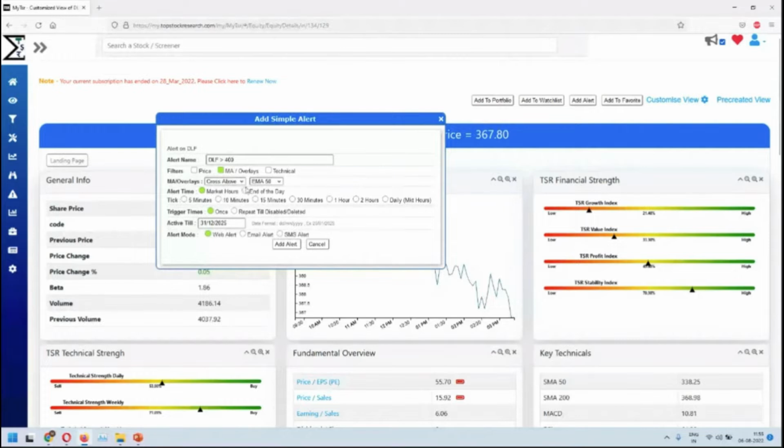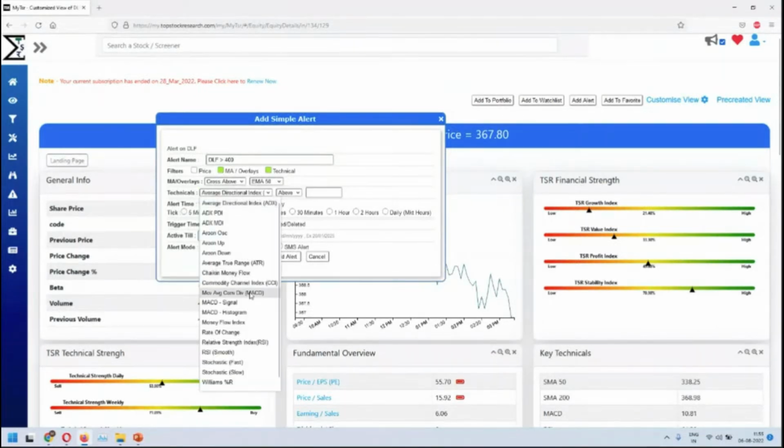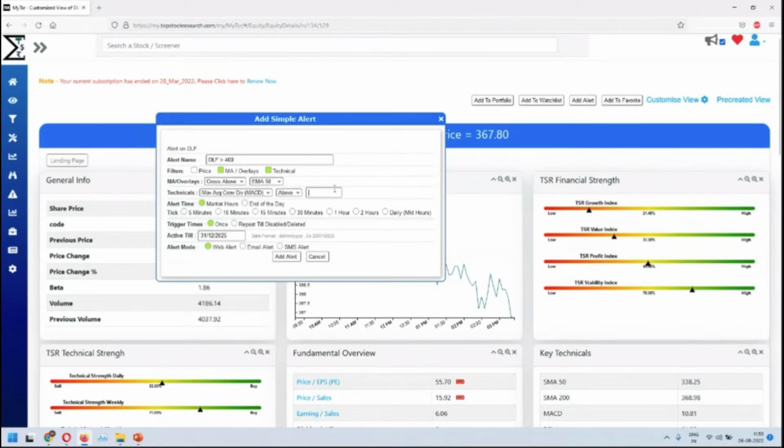So these are certain additional combinations, or you want other combinations also. For example, MACD above 0, so you can have some combination of alerts on a stock. Right? Again, the choices are all there, which you can use. So it is DLF. MACD greater than 0 and cross above 50 EMA